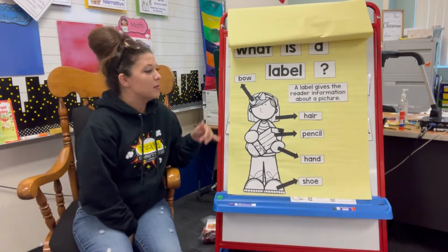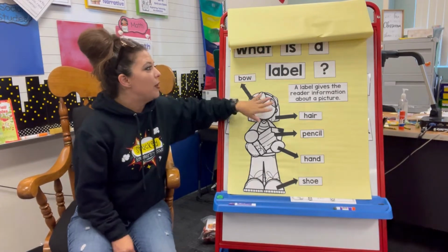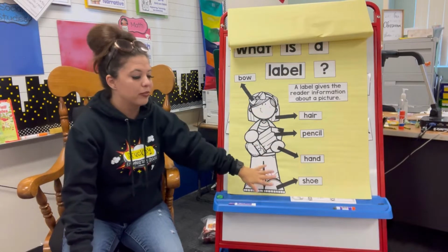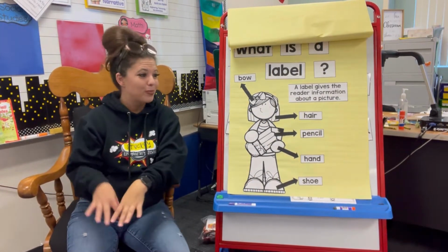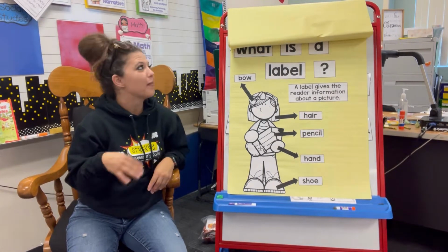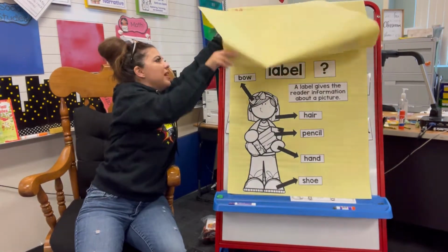So this is in my TPT. It was a quick anchor chart that I had just made, and it says, what is a label? A label gives the reader information about a picture, and then we labeled the girl. And then I had made activities to go with it as well, and that was what we did last week for labeling. So then when it came to this week,